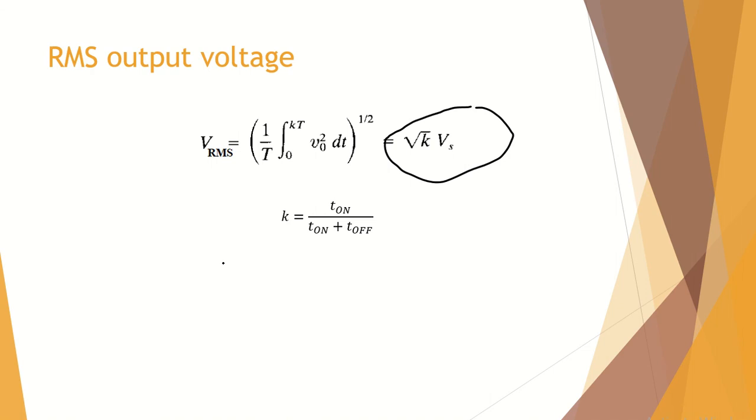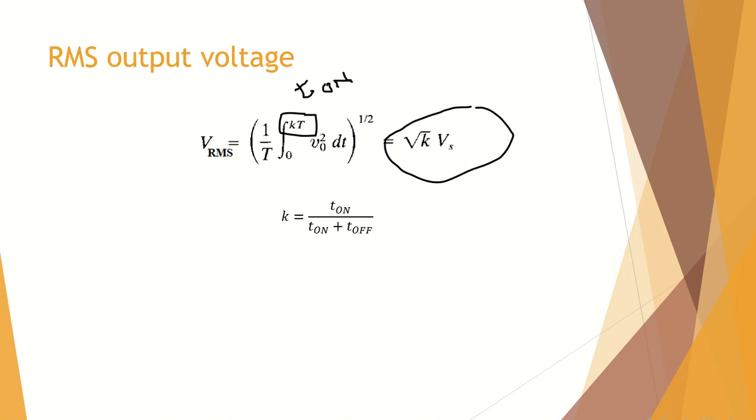What we have done, we have only replaced the T1 by KT. So don't worry about it. You have T1 over here, or you have KT over here. It is for our own simplicity. So it's the same as the T on time, which we have discussed in the previous slide. Only what we have done, we have put the formula over here.